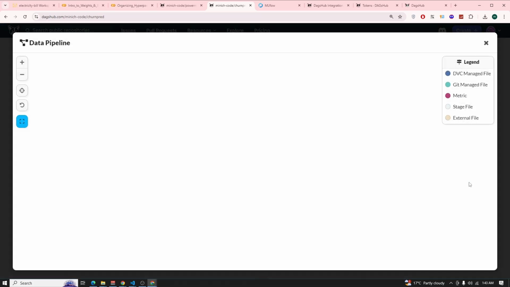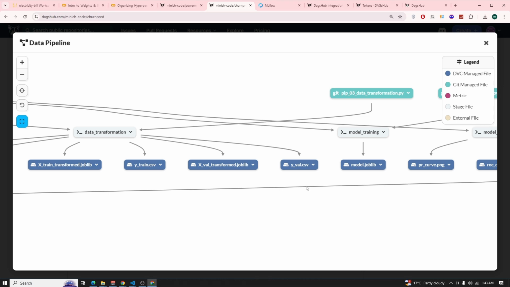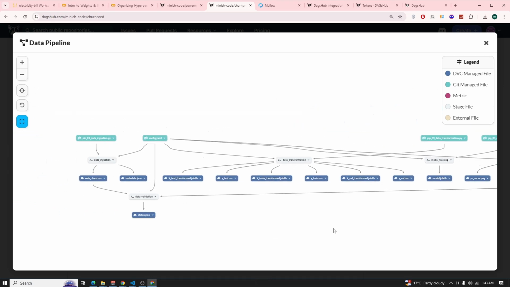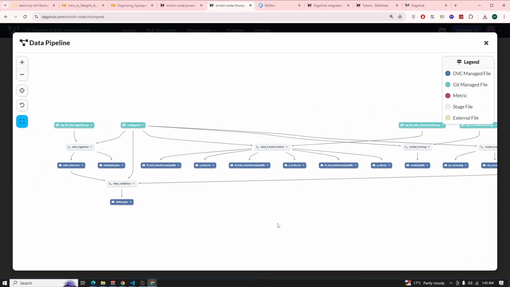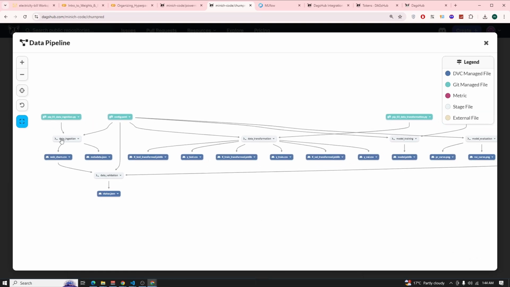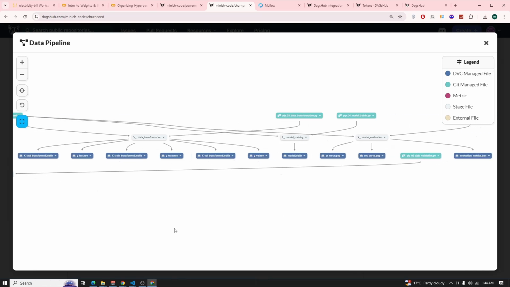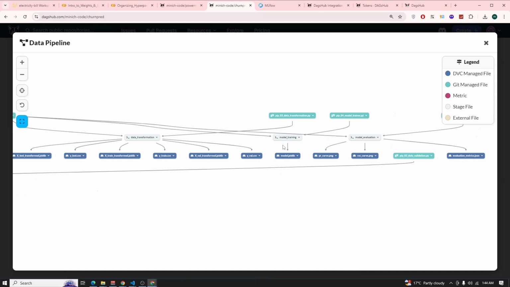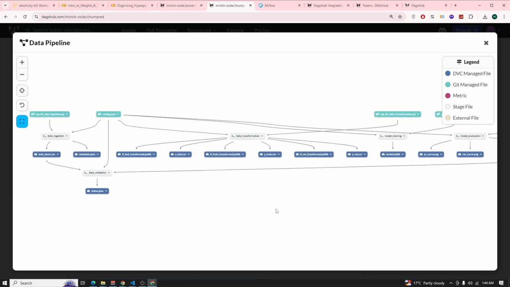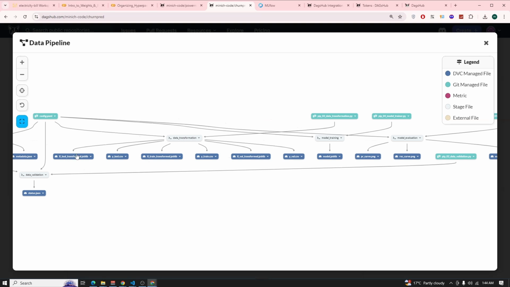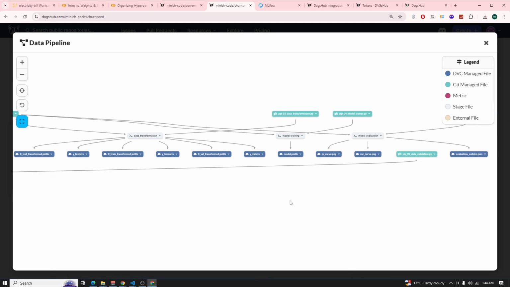So after including the data transformation, you can now see the outlook of that. So with the config.yaml, you can see it's after the data validation, and the transformation. You can now see the transformation. You can see the model training and the different artifacts. So for the data transformation, you can see these are the different artifacts from that. Model training, you can see we only have one artifact, which is the model